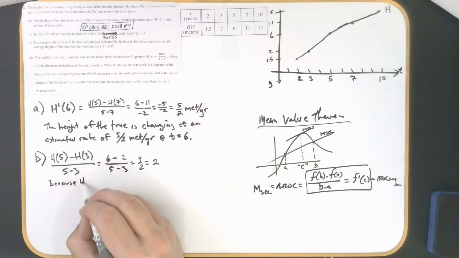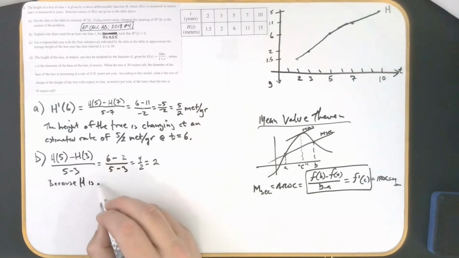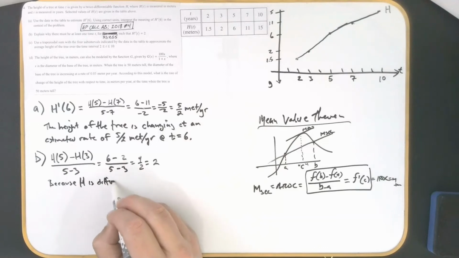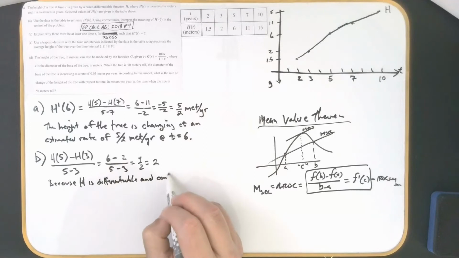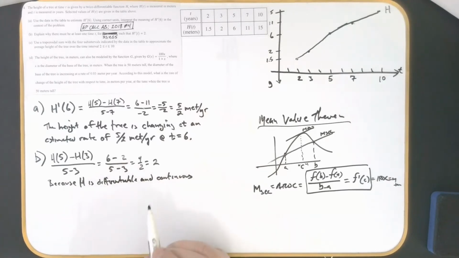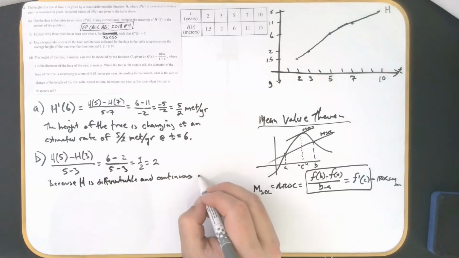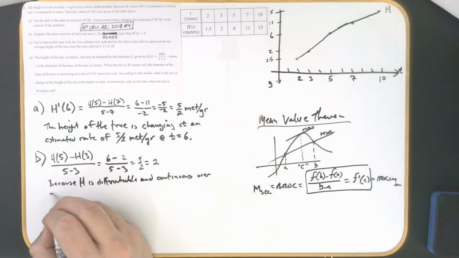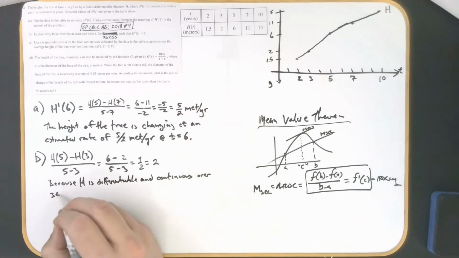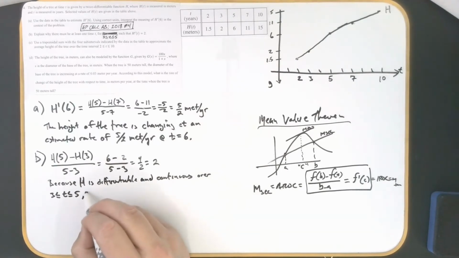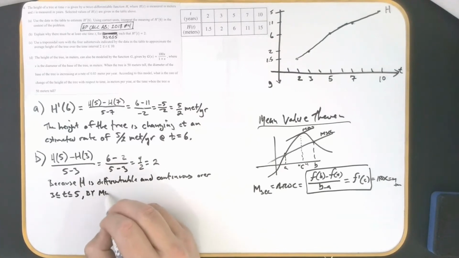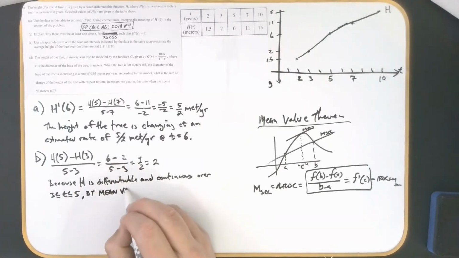because function h is differentiable and continuous. We always have to state that. Because h is differentiable and continuous over 3 less than or equal to t less than or equal to 5, by mean value theorem,